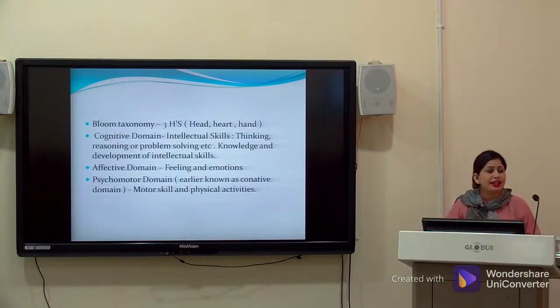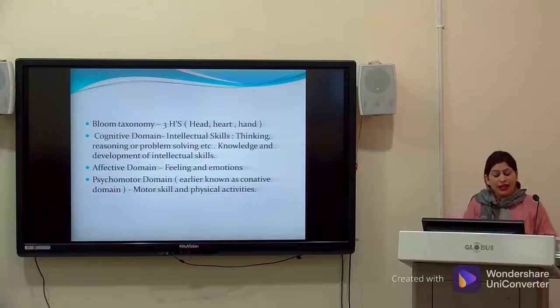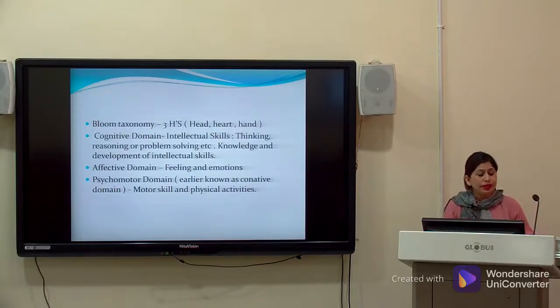And the second is the affective domain. The affective domain is linked with the heart part. It's linked with our feelings, with our emotions. So whenever we learn, not only cognition, because usually we think that in our learning only cognition is important. Our thinking is important. Our reasoning is important. Our creative abilities are important. But according to Benjamin Bloom, not only cognition is involved whenever we learn, or whenever